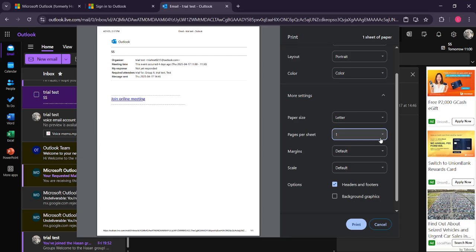Once everything is set, go ahead and click print. Your email should now start printing. And that's it, you're all done. You've successfully printed an email from Outlook. This is a straightforward process, but one that can really come in handy, especially for important documents you need to keep track of in